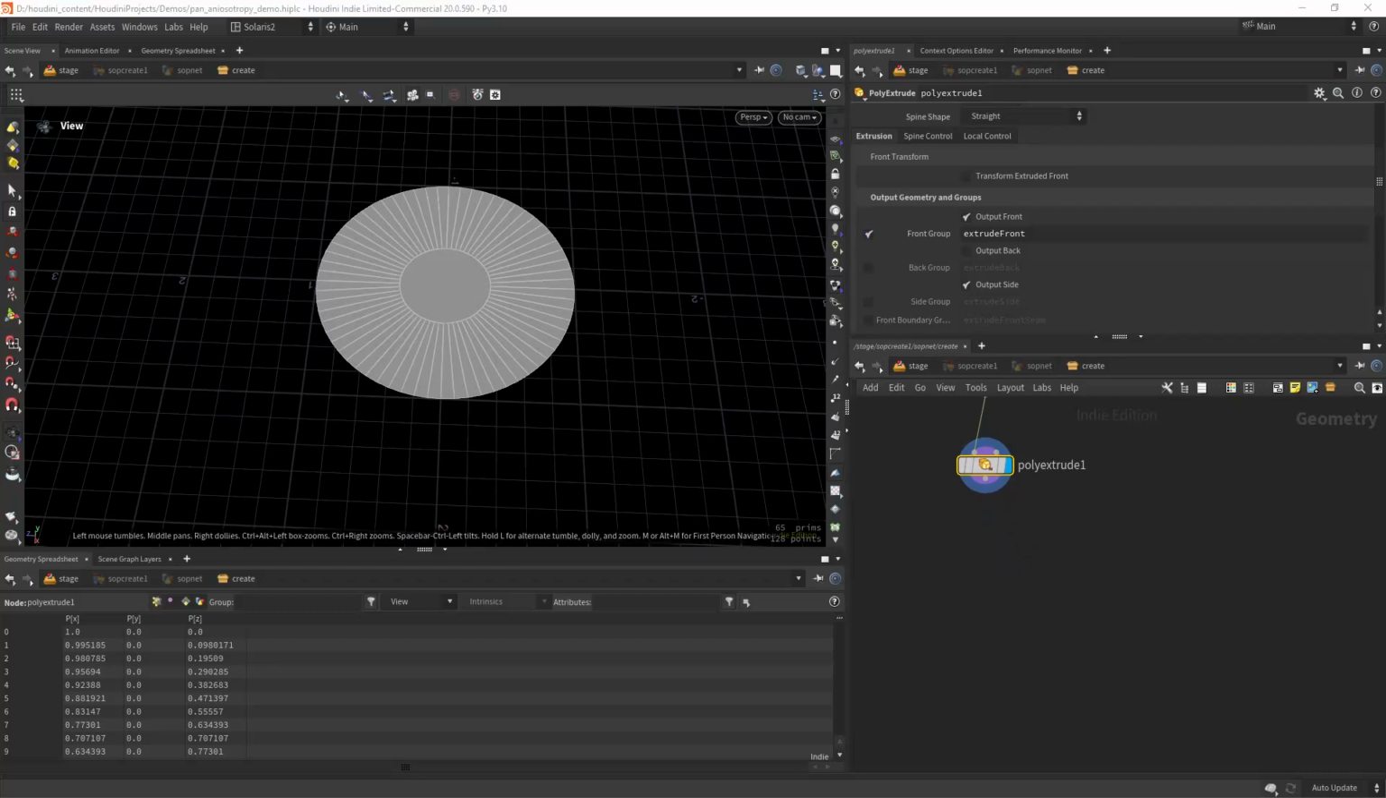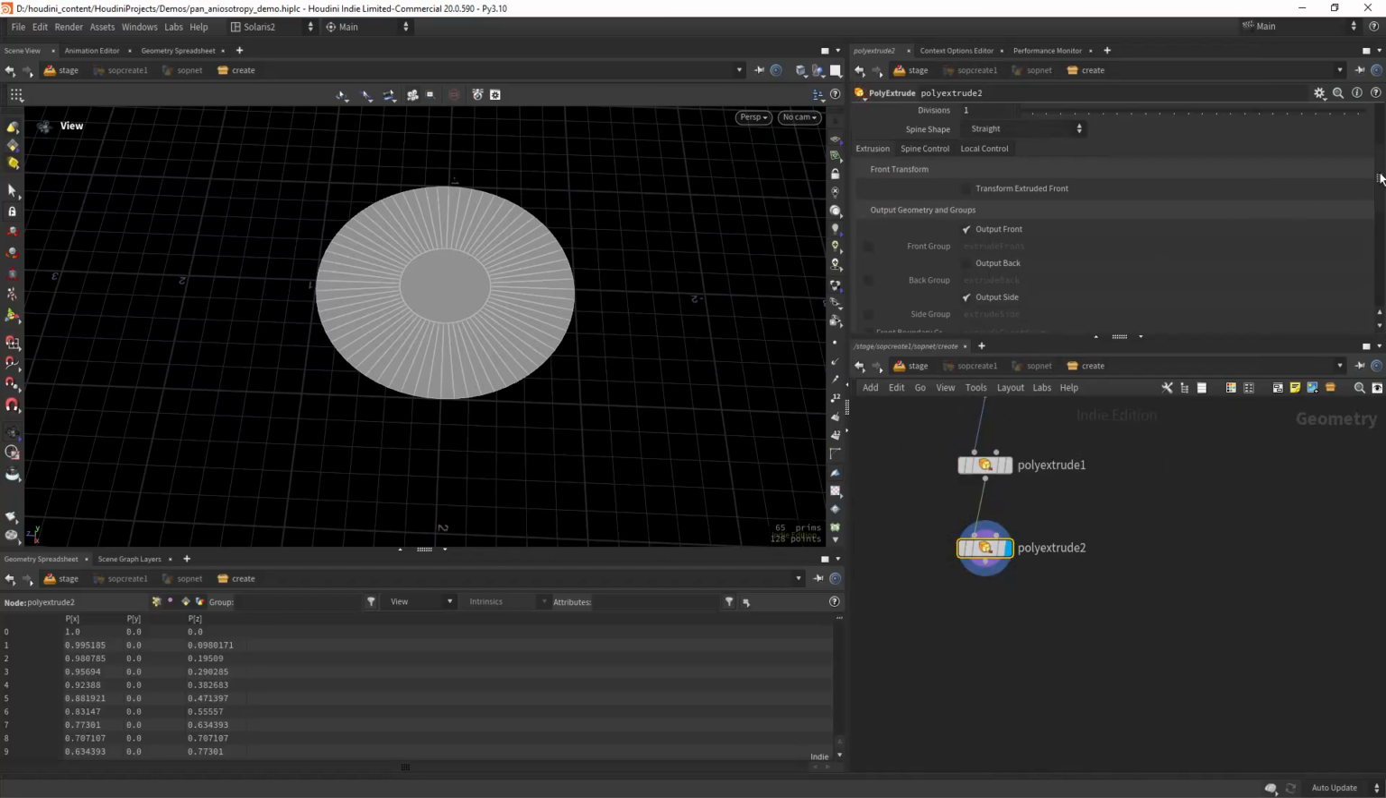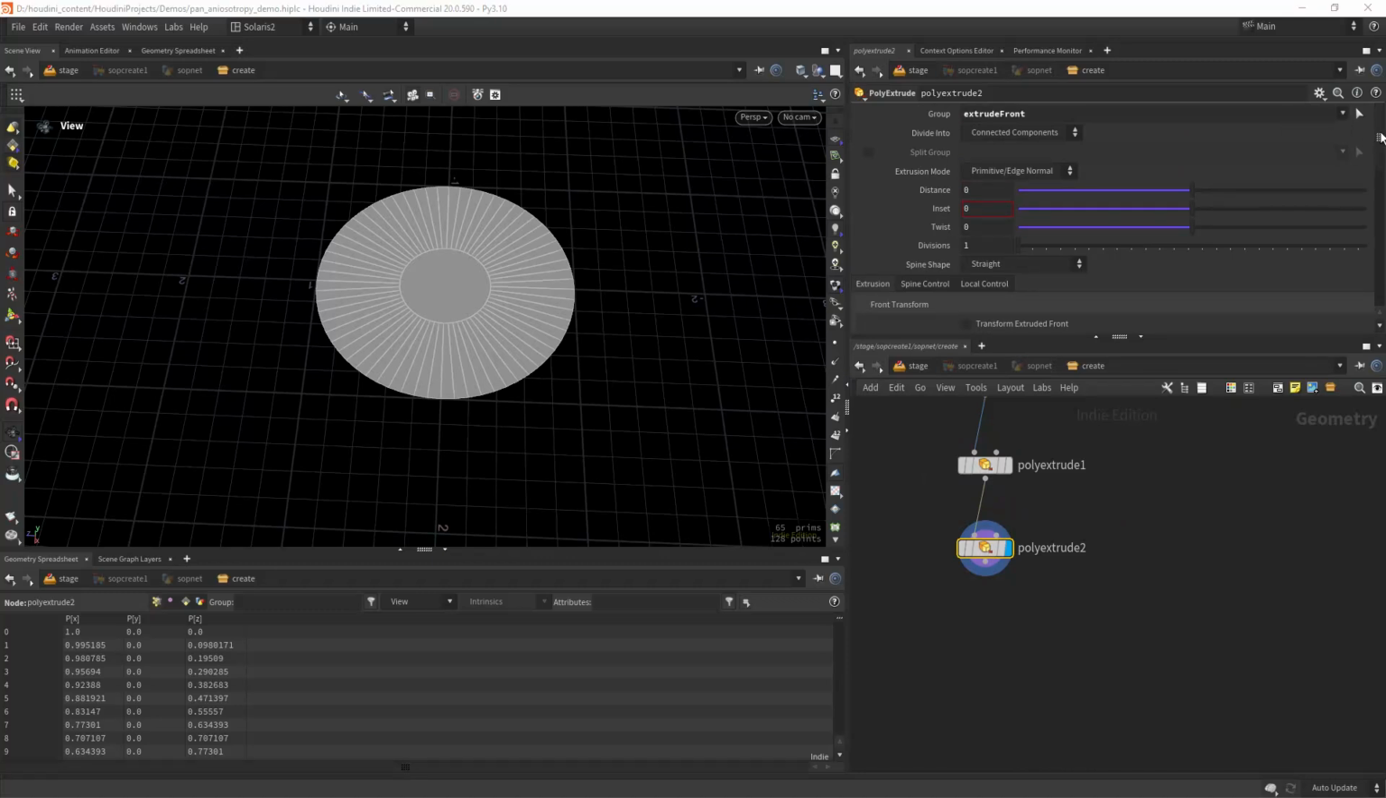And let's extrude it again. And we will extrude the front group. Now we want something like this. And also inset it a little bit. Alright,